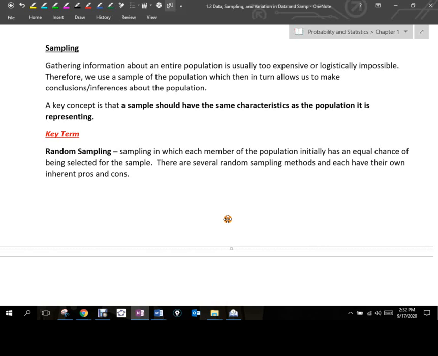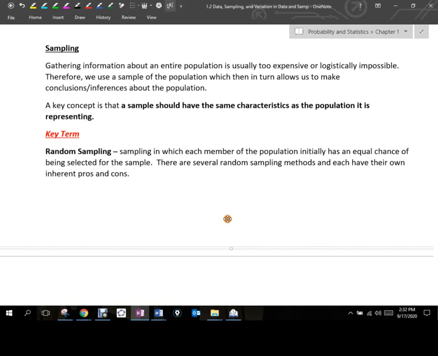But if the population was the entire high school student population, it might not be feasible for me to talk to every single student in the time frame that I need, and it might be too expensive to do that. Okay, in terms of time and money, I might not have enough researchers to do it. So what I would do then is I would sample this class. Does that make sense? Okay.